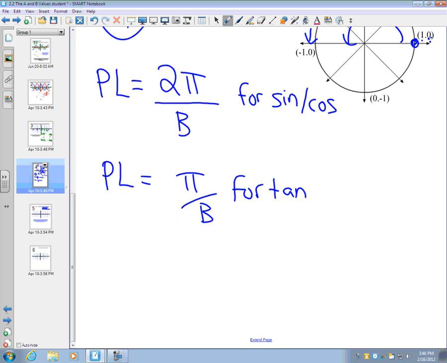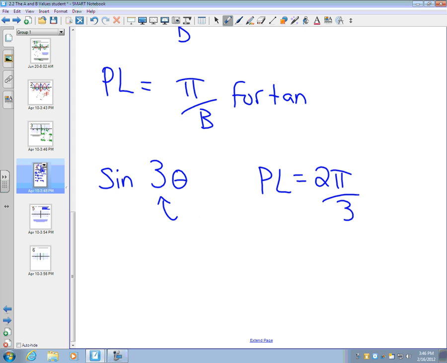Okay, so if I gave you an equation, sine of 3 theta, the period length of this would be 2 pi divided by our b value, that's our b value, would be 2 pi over 3. Now if I wanted to know where each of my points on my graph are, where I'm going to just follow that same sine shape, that's a funny thing to say,